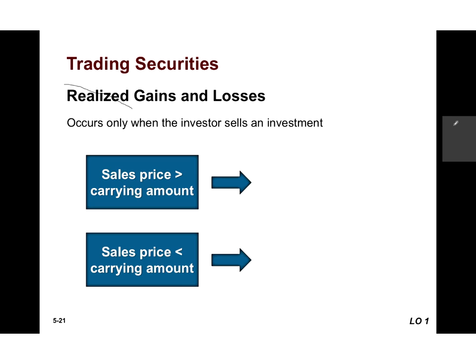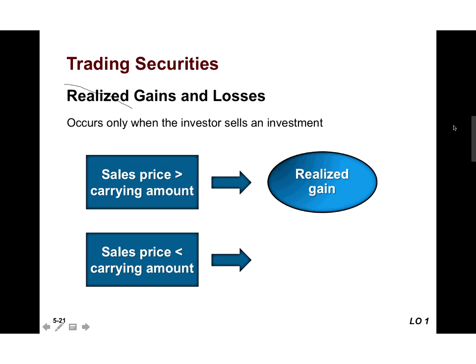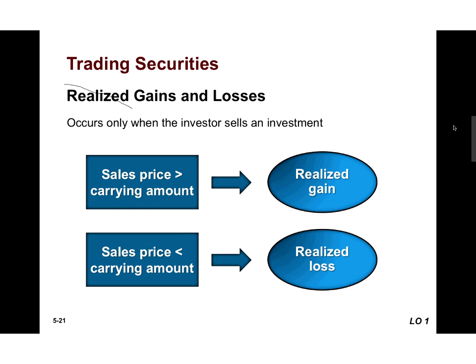So again, sales price is greater than carrying amount. I would not memorize that. Think about what you have. If you say what I sold it for, is it more than what I was carrying it at? Carrying value is like its book value. It's related to its original cost. So did I sell it for more than the carrying value? If so, I'm going to have a realized gain. I'm just going to call it gain though. It's not going to be realized gain. It's just going to be the word gain, but it's considered to be realized because we actually sold it. And if the sales price is lower than the carrying amount, we have a realized loss.